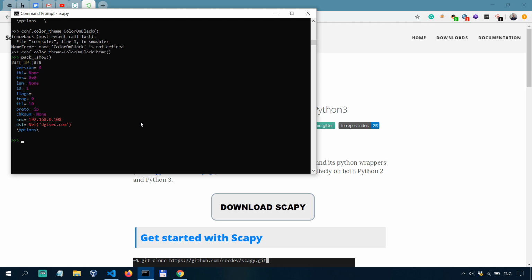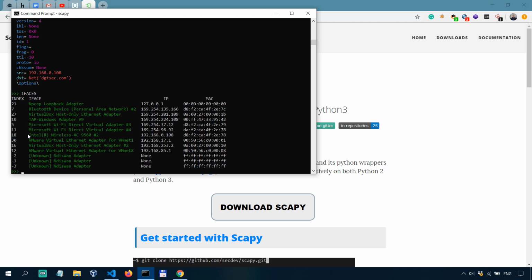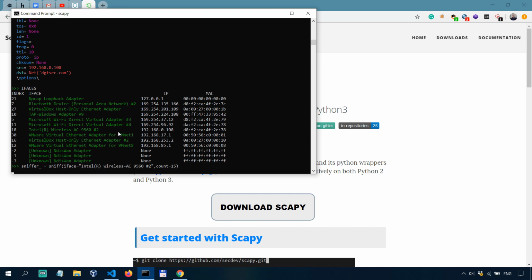So let's actually get the name of my Wi-Fi with ifaces, from interfaces, and my Wi-Fi in this case is Intel Wireless AC 9562. We'll copy this name and then create a sniffer. So let's say sniffer underscore equals sniff, iface, so interface, and then paste my interface name and the number of packets we want to sniff, let's say 15. Now this might take a little while to collect 15 packets, and it's done. And then we can simply do sniffer underscore dot show,